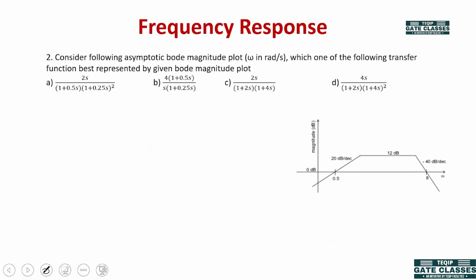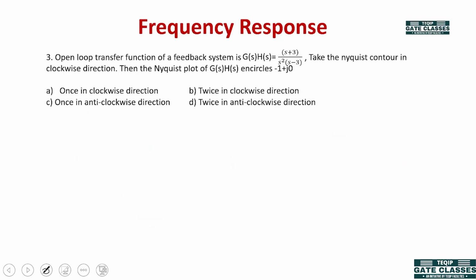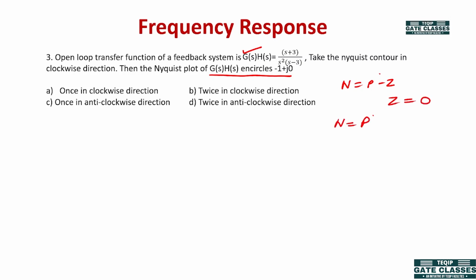So let's move on to the next question. This is the question where we have an open loop transfer function GSHS is equal to s plus 3 by s square minus 2s minus 3. So take the Nyquist contour in clockwise direction. Then the Nyquist plot GSHS encircles minus 1 plus j0. As we know, the Nyquist stability criterion is N is equal to P minus Z, and for a stable system Z is equal to 0. So N should be equal to P, where P is the